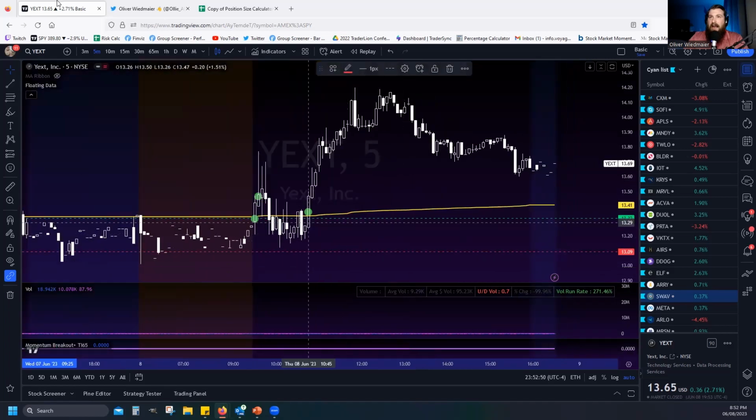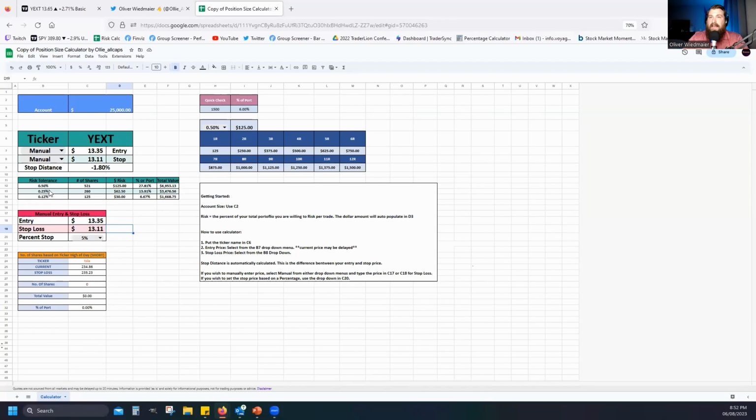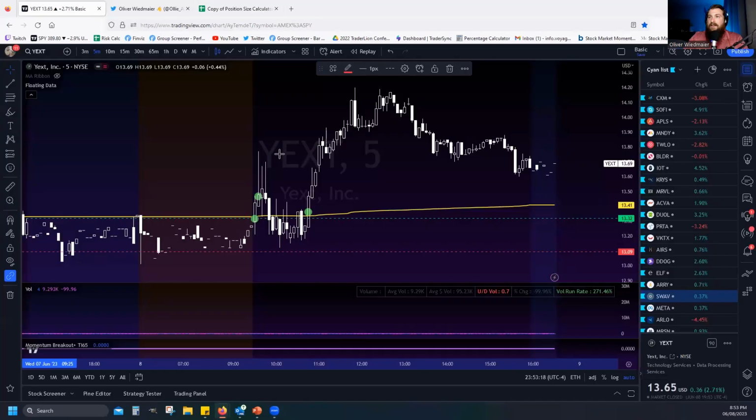Now I'm not risking more than 0.25% of my account, which is what I'm only allowing myself to risk now. And then I know that once I'm at multiples of risk, I can start taking profit. When I'm at $187 profit, I know that I'm at 3R, so on and so forth. And that's how you execute the trade